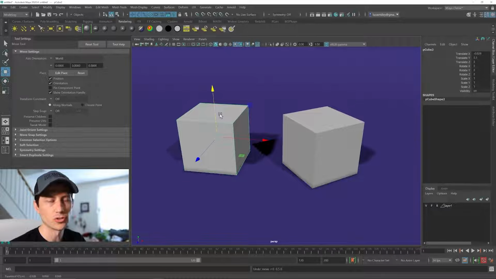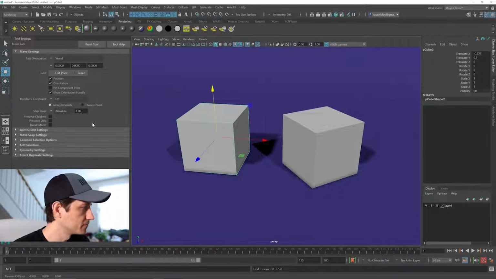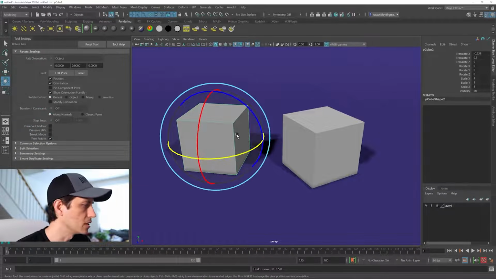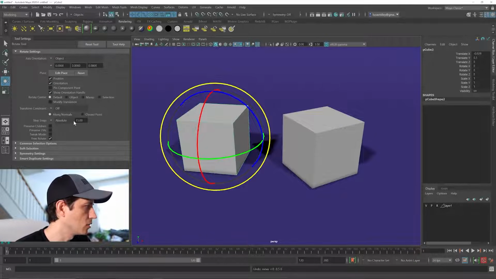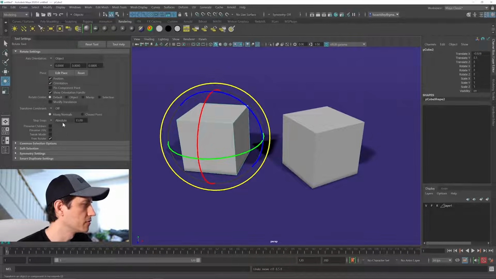But let's jump a little deeper in to see how we can control that more. If I hold down J, you can see under the tool settings, which you can open over here in the top right, the step snap options. So it says absolute and 1 for the move tool. If I hit E and move to the rotate tool, it says relative and 15. If I reset that tool, it'll go to absolute. So the default is probably absolute for you. And if you wanted to move relative, you would have to change it here in the drop-down menu.